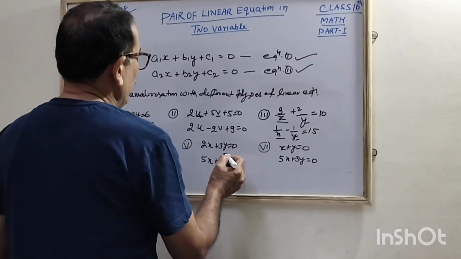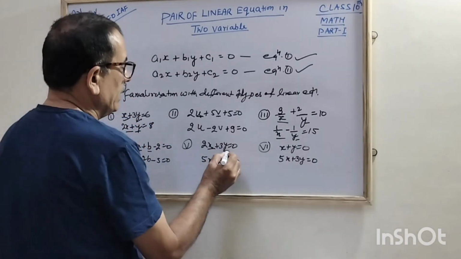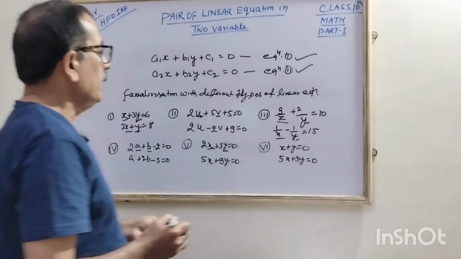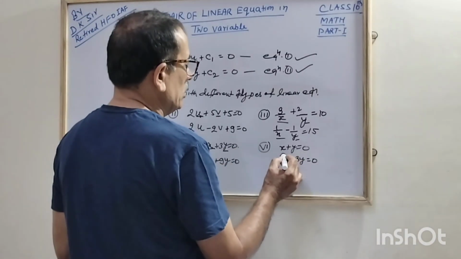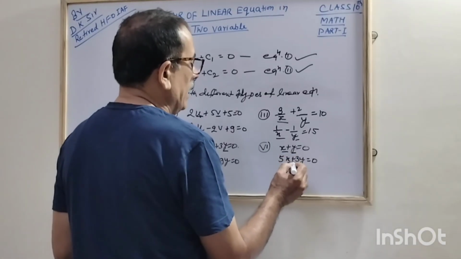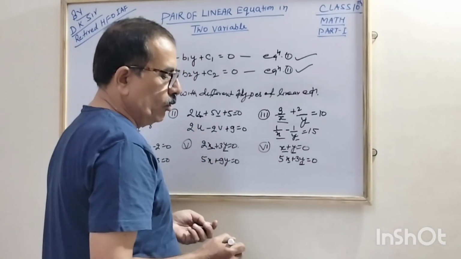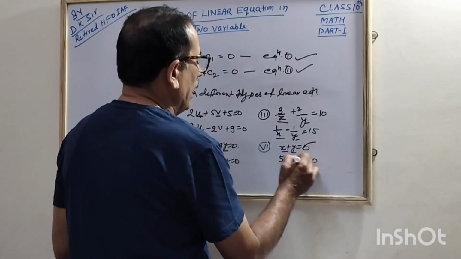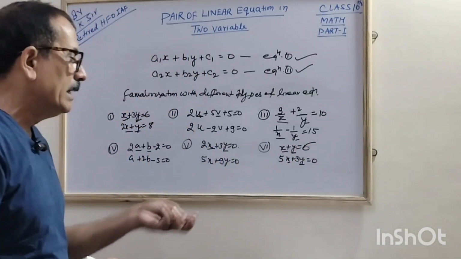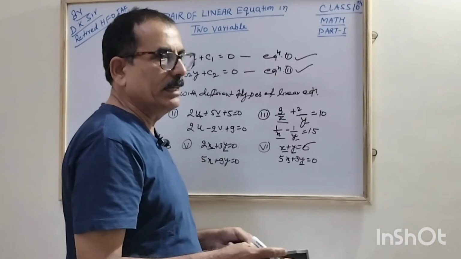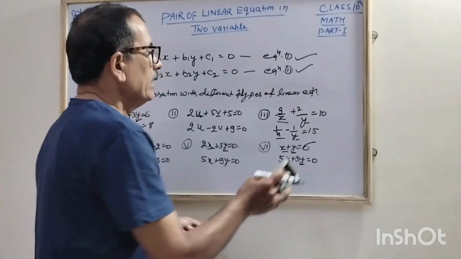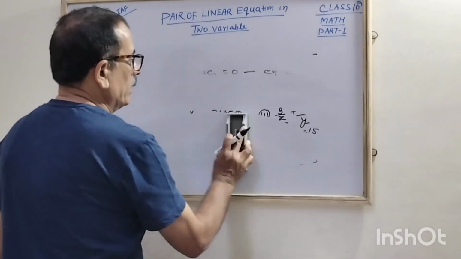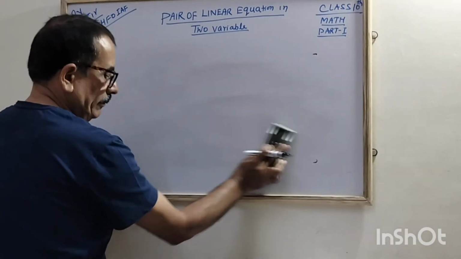In the fifth we find that there is a variable but there is no constant. And in the sixth also we find that x and y are there and there is no constant, or there can be one constant in one equation while another does not have the constant. These are the different types of variables you can come across while solving the problem. Correct? Now next,